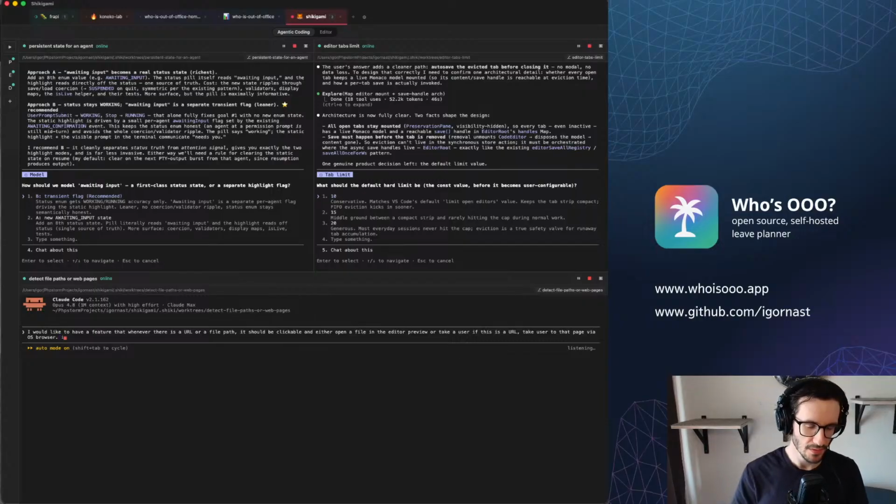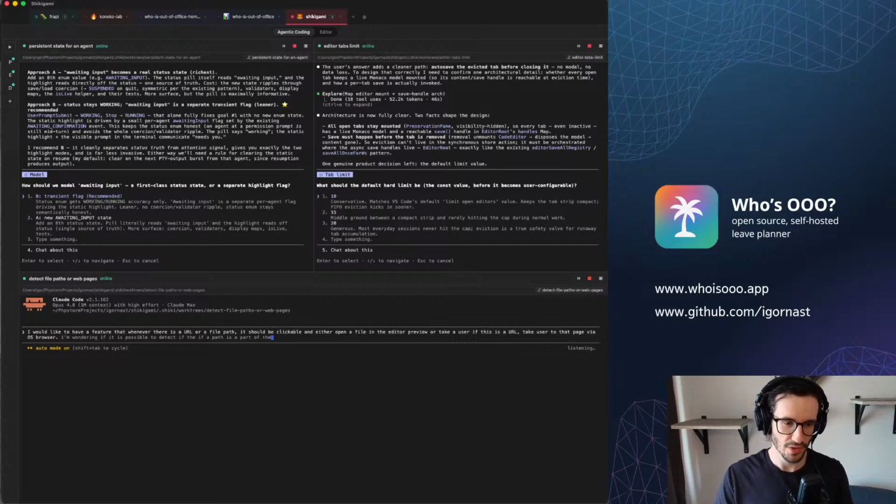I'm wondering if it is possible to detect if a path is a part of the project or it is outside of the project. If this is coming from the project space, it should switch to the editor.